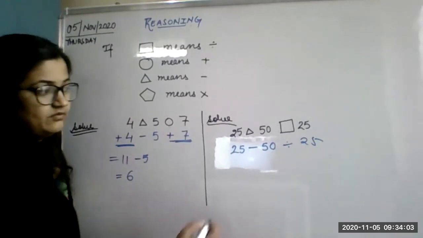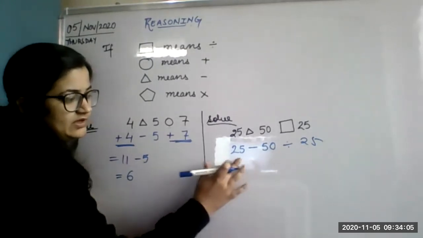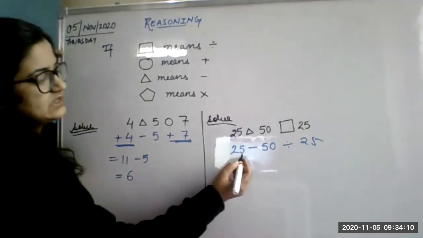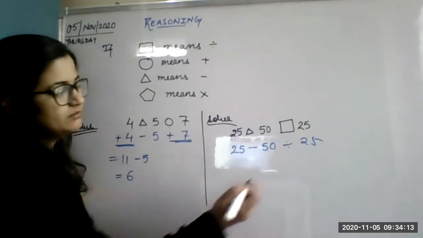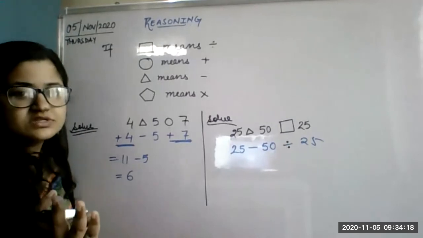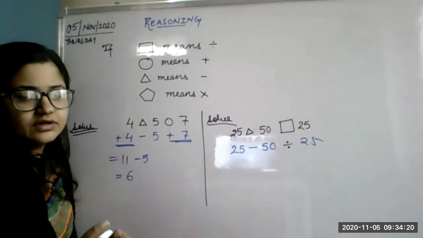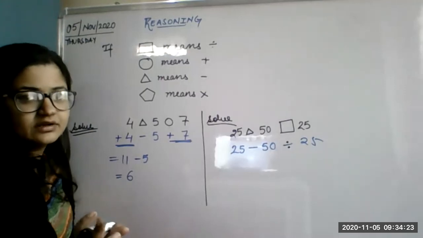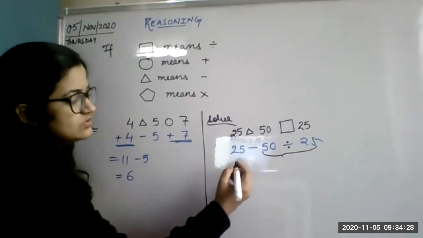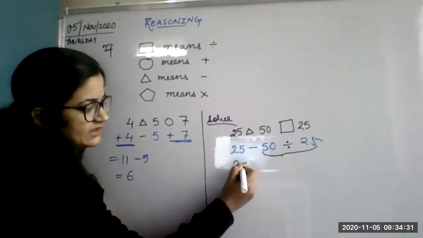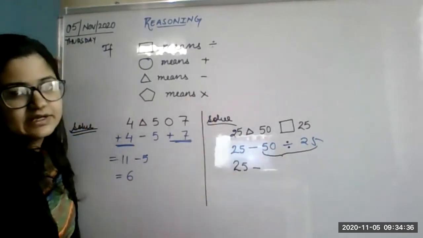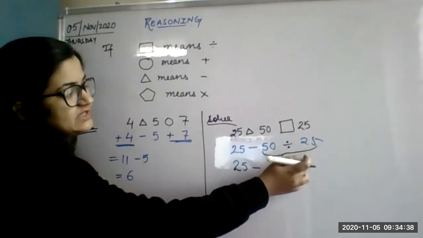So see what we have to do. Look here, especially those who are saying 1 or 21. According to BODMAS, B is not there, O is not there, D is there. Divide is there or not? Yes, ma'am, it is here, between these two numbers. So we will write the rest of the things as it is. 25 we will leave written like this, the minus we will also leave as it is. Our purpose is 50 divided by 25.